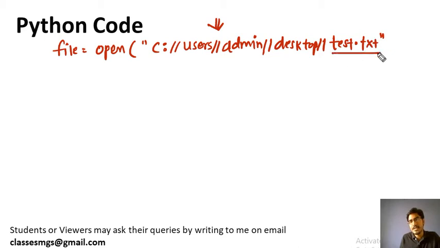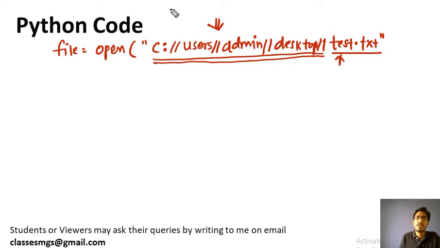You will write it like this. This is the file name with extension. And this is the path of the file that you should get by right-clicking on the file name and going into the properties, and here you will see a location. Here you will see the path, but after copying the path, it has only single slashes.